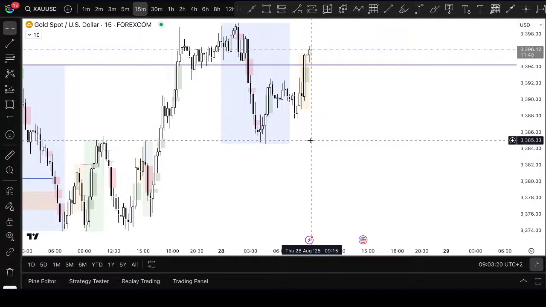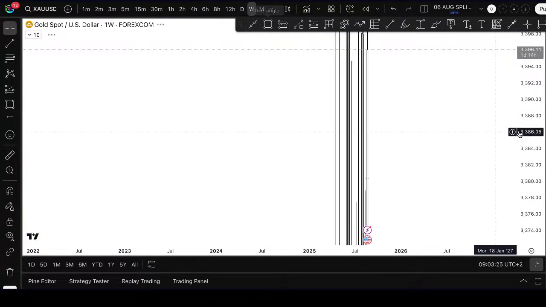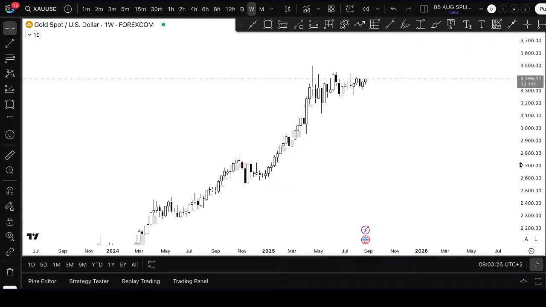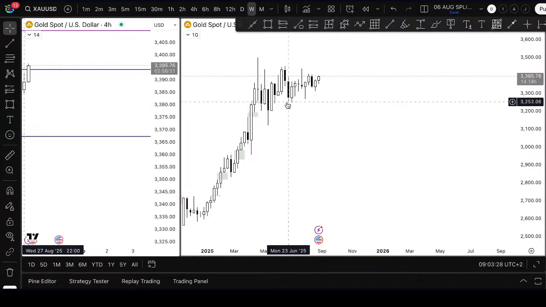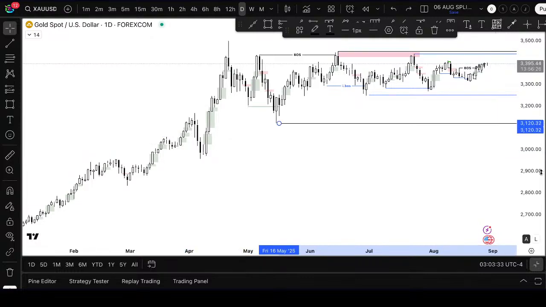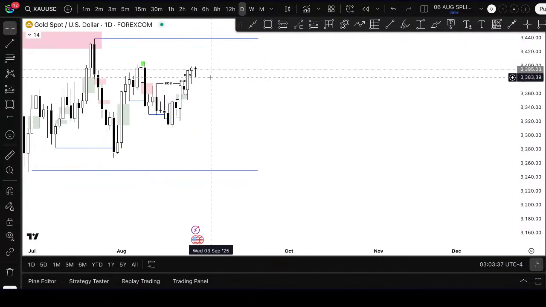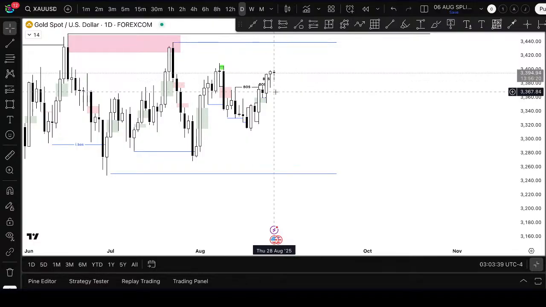We'll go with gold first. Since we are starting, we'll go with the weekly. It's clearly showing bullish. And in the daily,